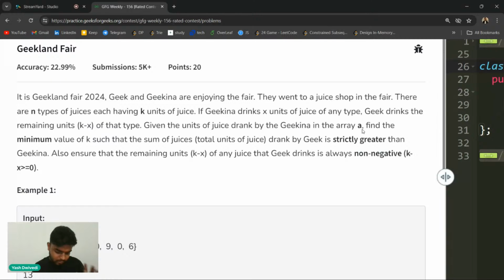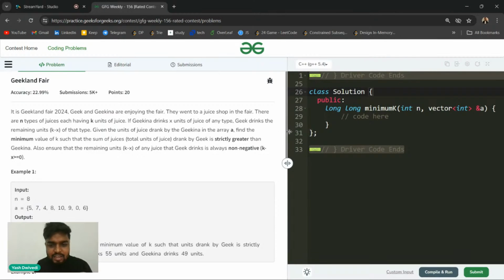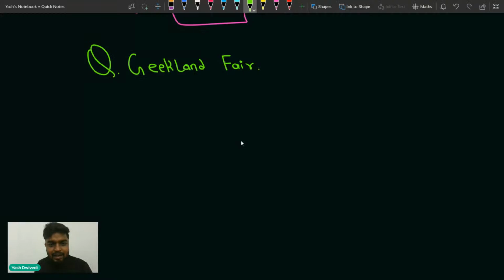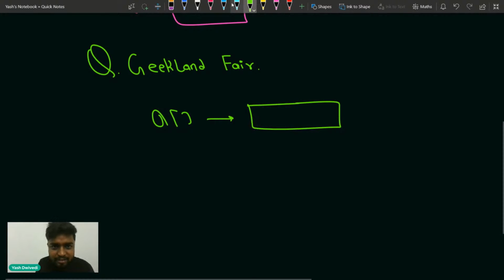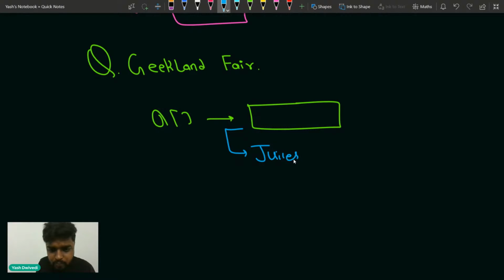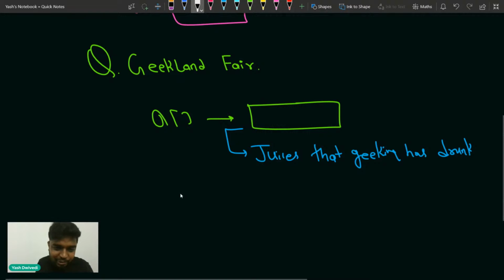So in this case, if you have been given the array A, and array A represents the juices that Geekina has drunk, then the total amount of juice drunk by Geekina will be how much?